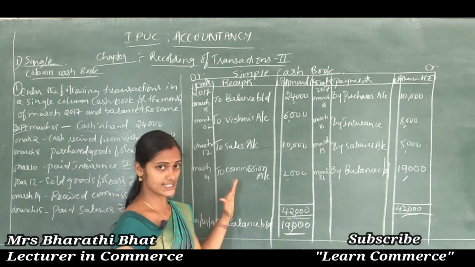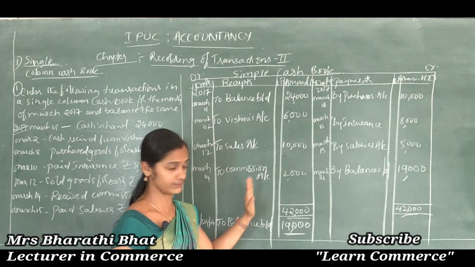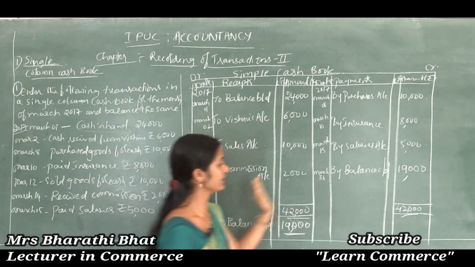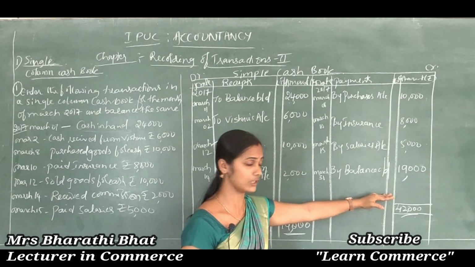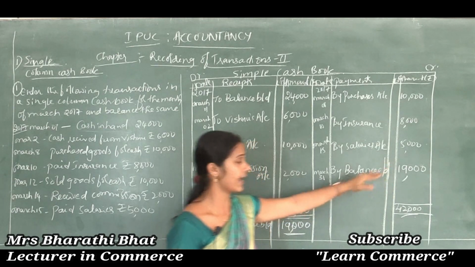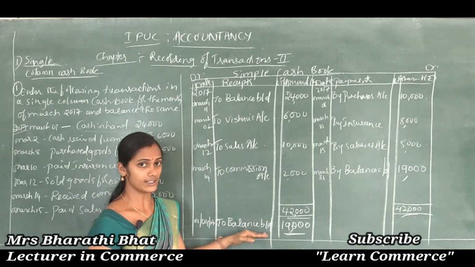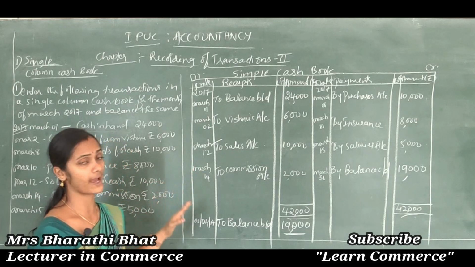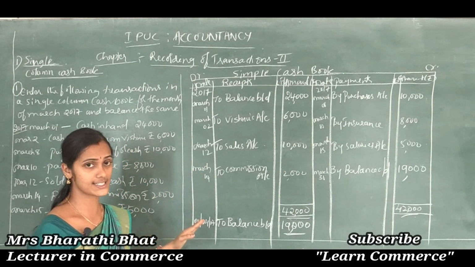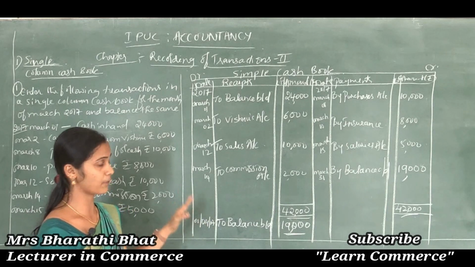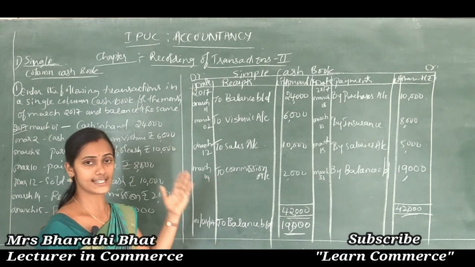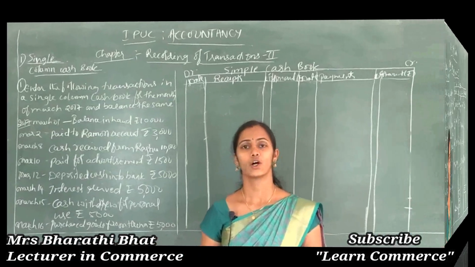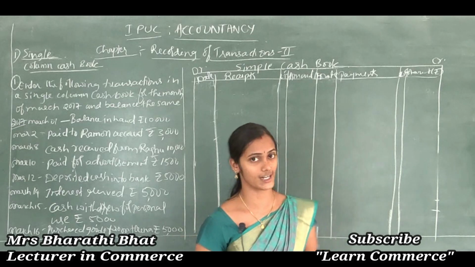If this side shows a lesser value, then on this side we need to write carried down and brought down on the opposite side. Suppose the credit side shows a lesser value, then there we need to balance this, and that same amount should be brought down on the debit side. That is the process. Clear? So this is about how to prepare a simple column cash book. Very easy, 6 marks. If you learned properly, if you listen to this class properly, you can easily score 6 out of 6. Okay, let's move to solve one more illustration related to cash book.